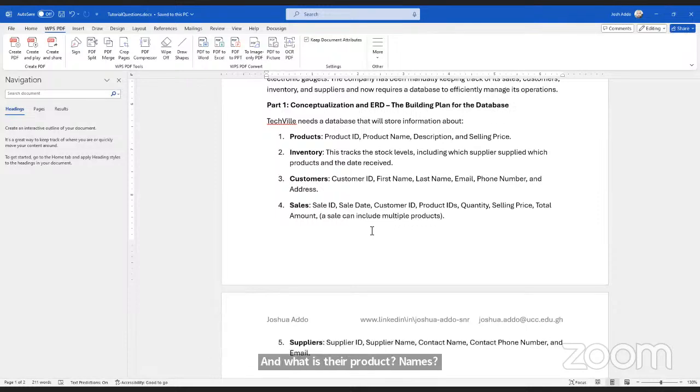So you can know the different product names from that database. You can know their descriptions. You can know each product type, which is represented by the product ID, and its selling price.